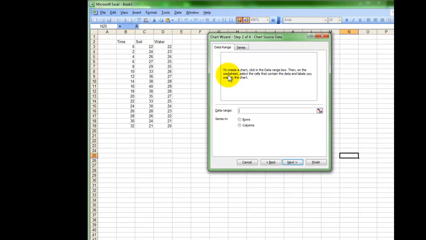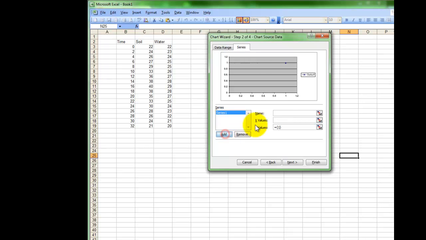Okay, click on next, and the critical step here is clicking on series. And because I have soil data and water data both plotted against time, I'm going to end up with two line graphs. So I need to tell the computer that I need two sets of data, or two series of data sets. So I need to add one, and it makes sense to call the first one soil. And by the way, it's always good to look at the example, because right now none of this makes sense, as it shouldn't, because we haven't given the computer any usable information yet. So now that I've said this is going to be for soil, and I'm giving it a meaningful name,